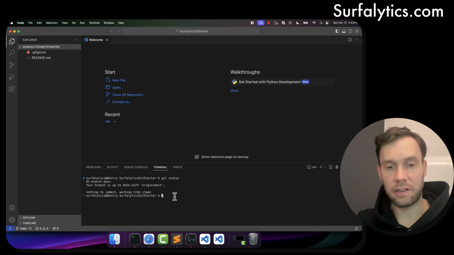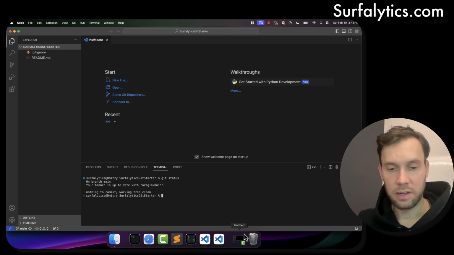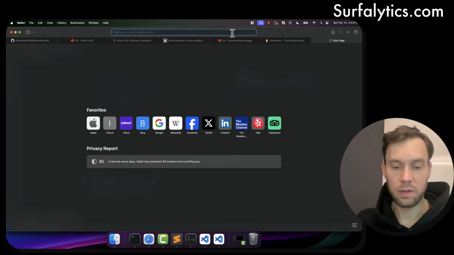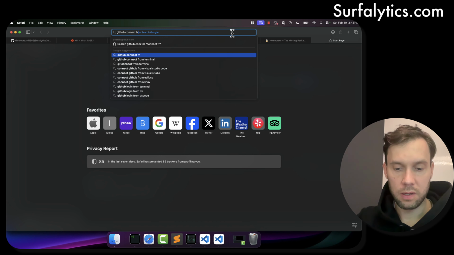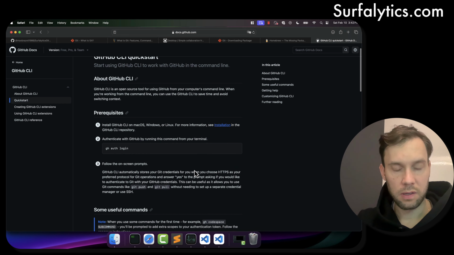And a couple of other commands might be helpful for us, because currently the connection is already established from my Mac to GitHub, but you may need to actually connect. For this purpose, we can check what commands they suggest. So if we're running this command,